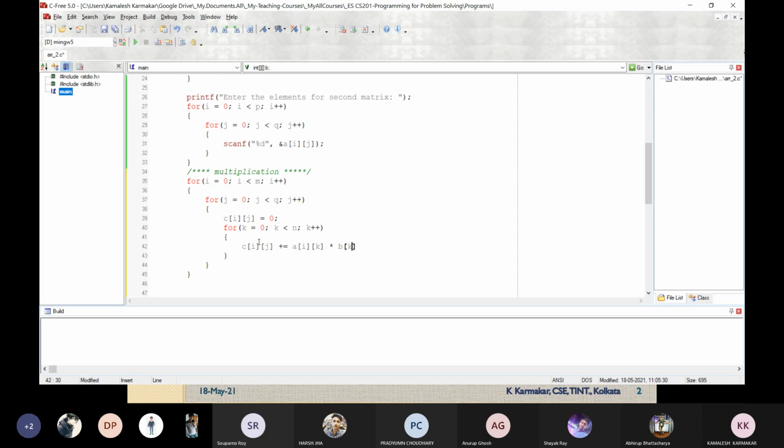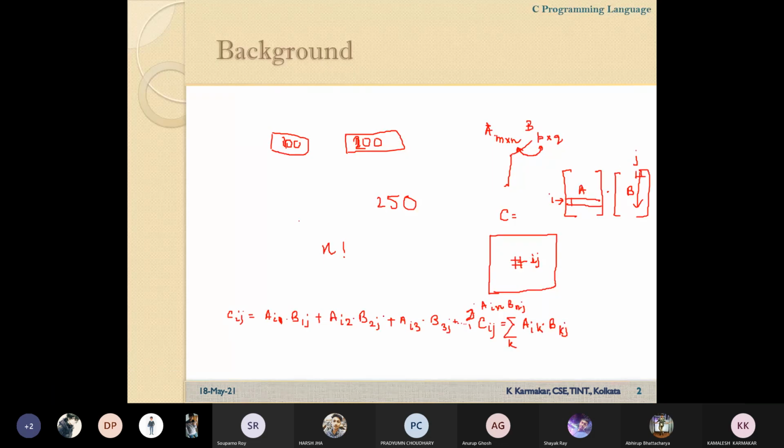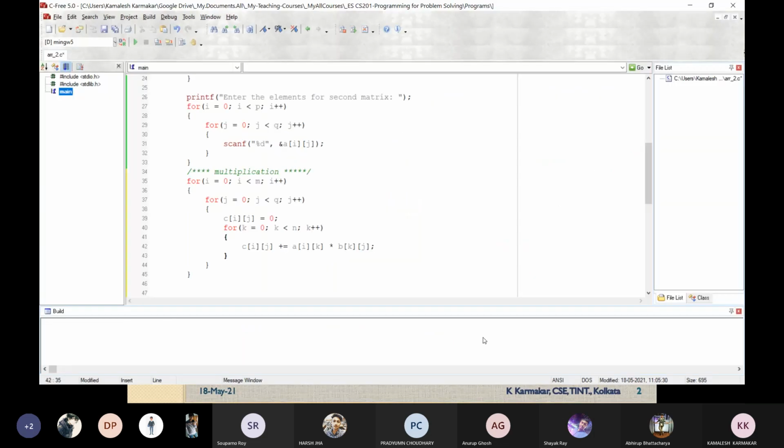That will be the logic. If this inner loop, the loop controlled by k, runs, n number of times this will run. In every iteration the value of k will change, so Ai0, then Ai1, Ai2, Ai3, in that way it will be calculated up to Ain. Okay, so finally it will be calculated.